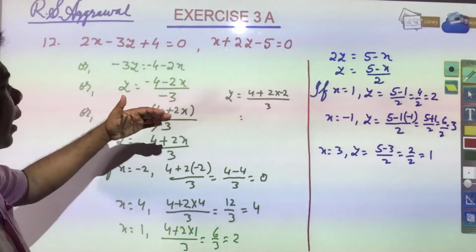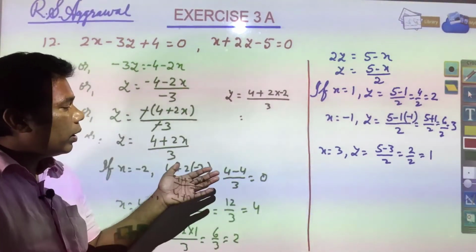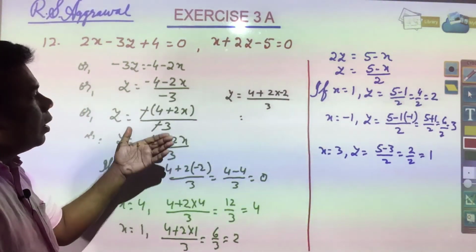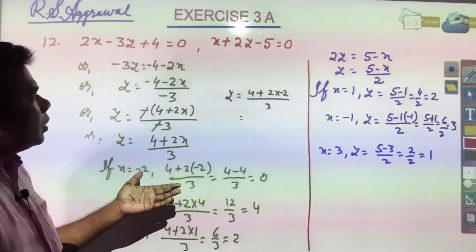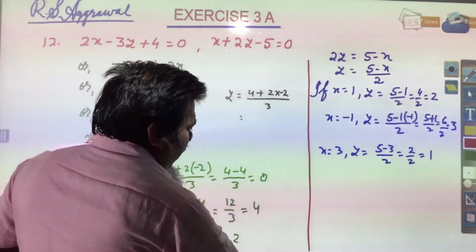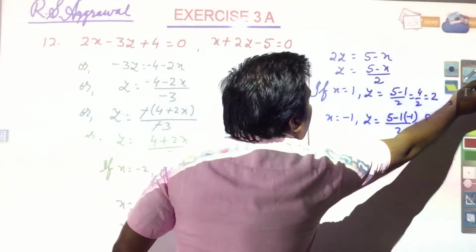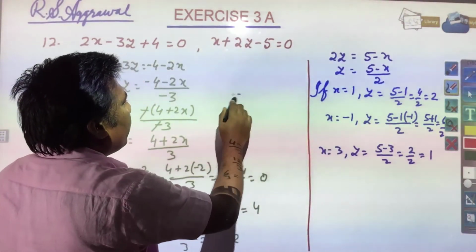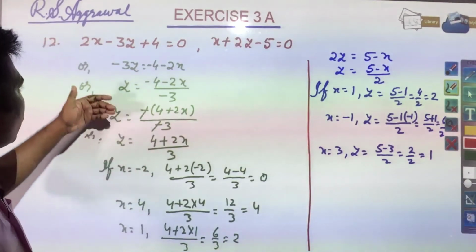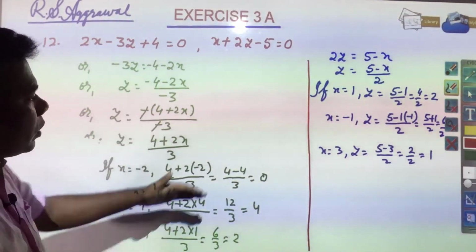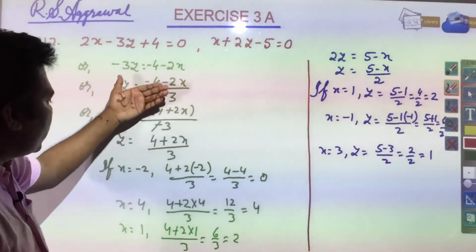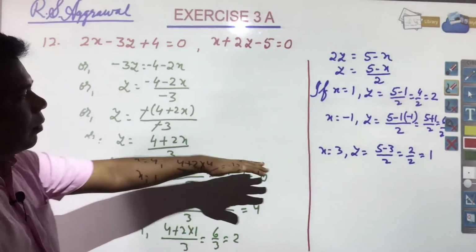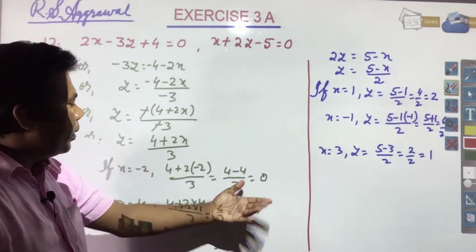So for that, again a graph is required to be plotted, and already many questions have been solved. Many solved examples have been shown of how a graph is required to be plotted. So, you know how to find out coordinates of x and y. So, already it has been solved here. It is a wastage of time if I am explaining each and everything, because already I have solved many questions.